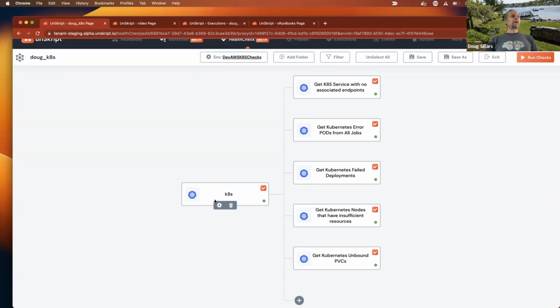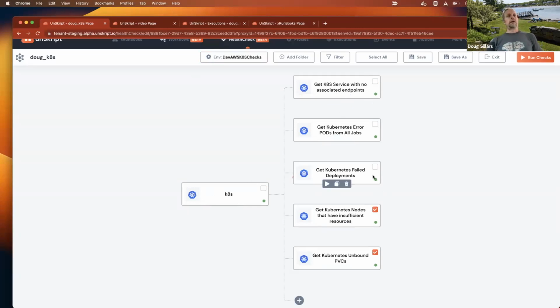What else do we have here? Inside our folder, we could delete all of these. If I do this, all of this goes away. We don't want to do that. You can delete individual ones, individual health checks. You could turn one off, right? You can say, I only want to test these 4, or maybe you only want to test 1. So you could just filter it down so you're only testing 1